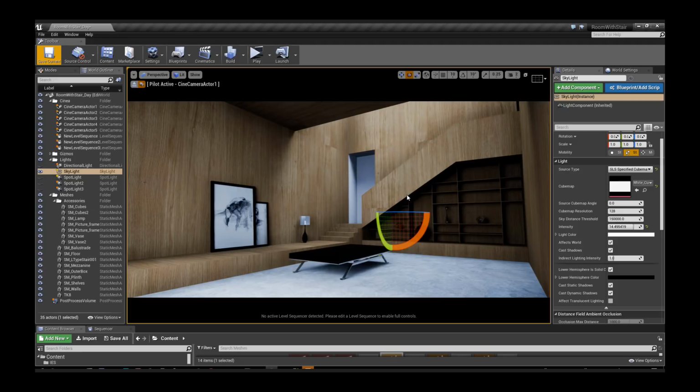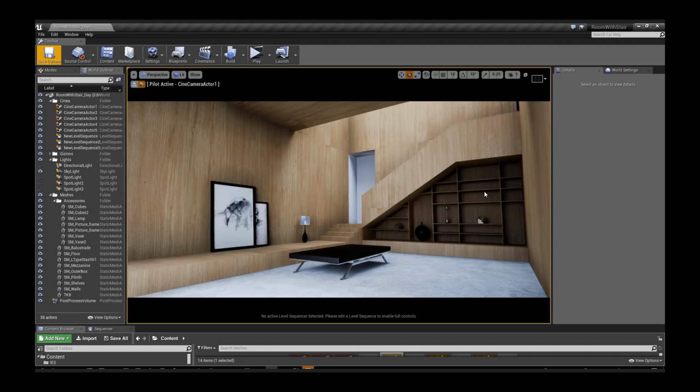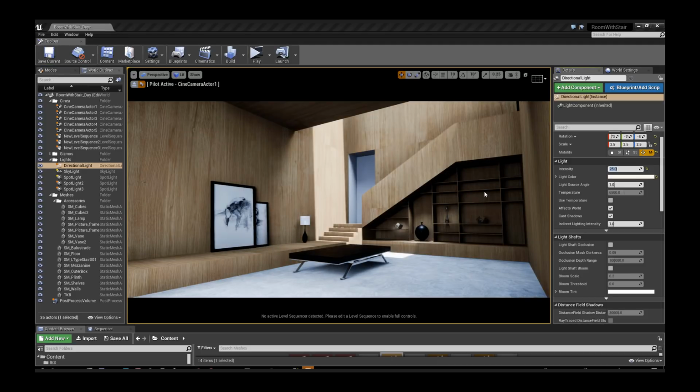So that's my skylight. That's the settings with my cube map in it, and then here set to nearly 15. So that's with the global illumination turned back on basically. So we've got a really simple, just one light. And then I've added these spotlights here, and I'll go into the spotlights in a minute, but here what's interesting